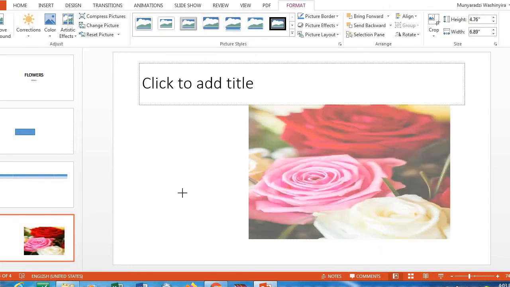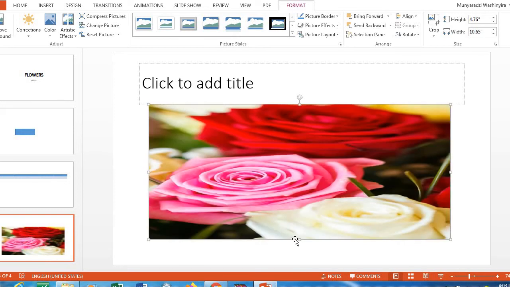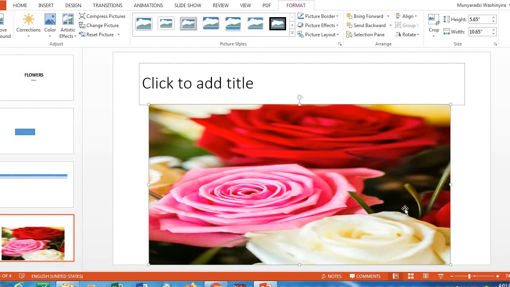So I will insert the roses. Probably I will change the background like this. So this is how you insert roses. So, according to the picture, if I go to format